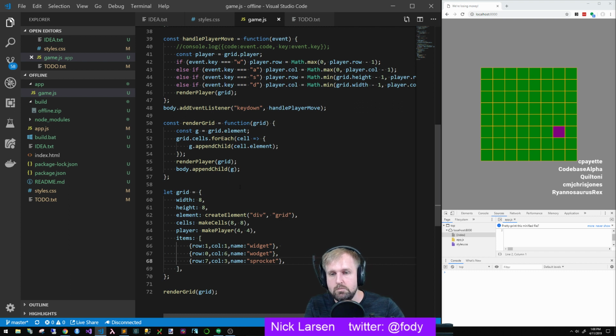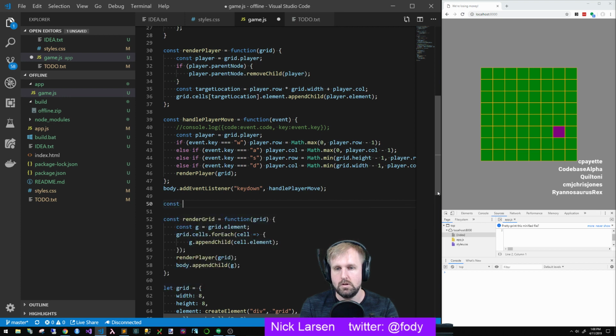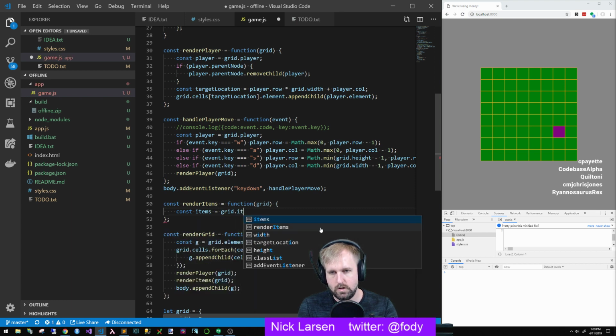We need to render these items. And then we need to render these items. Okay. Render items. Const render items equals function grid. And then we're gonna have this be in here. Render items for grid. Okay, and then for this one we're going to say const items equal grid.items,